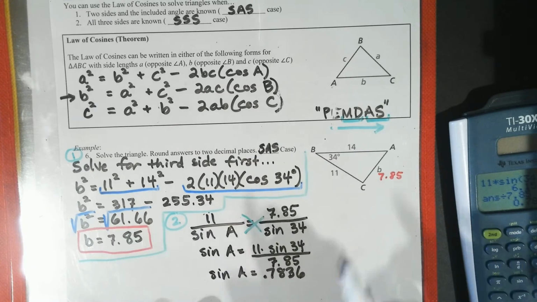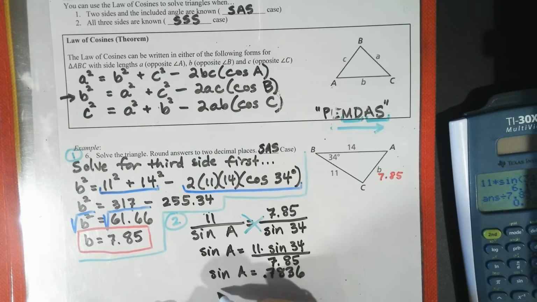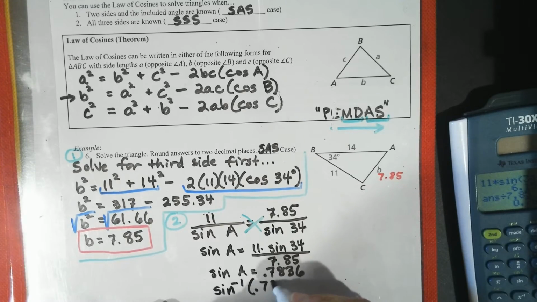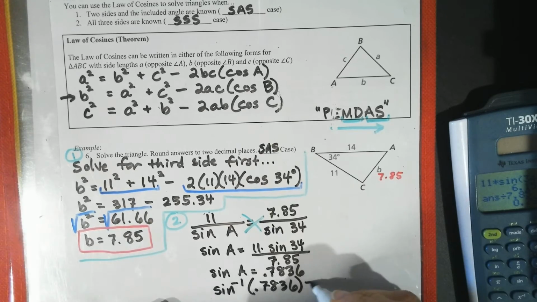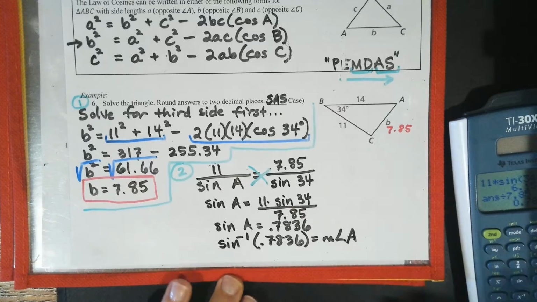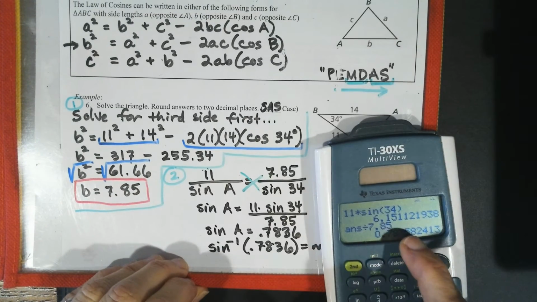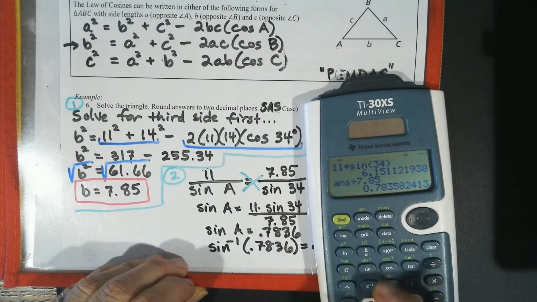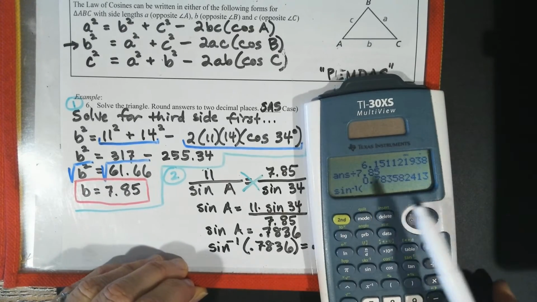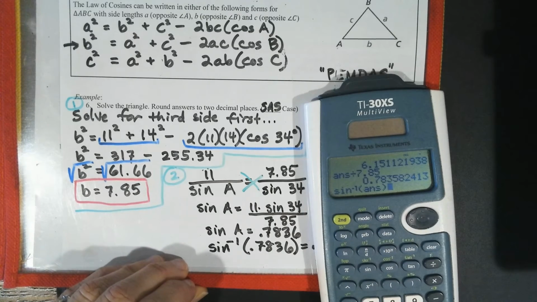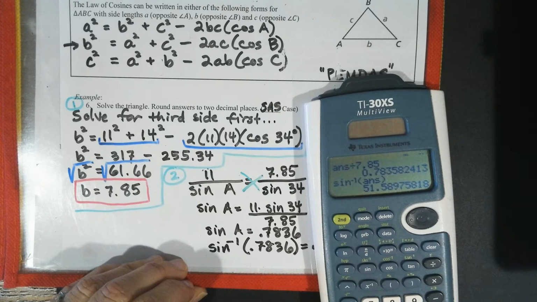So this is where you do the inverse that we learned on 9.6. So the sine inverse of 0.7836 is equal to the measurement of angle A. So I just leave that number on my calculator. And this is where I press the inverse button to get the inverse of sine. So inverse of sine. And now I could either retype it or I just have a button that will enter the answer from the last screen. I'd be happy to show you where that is. And I do equals